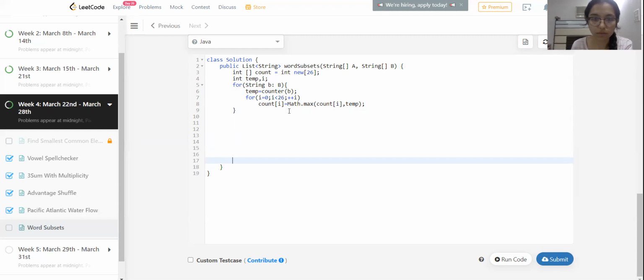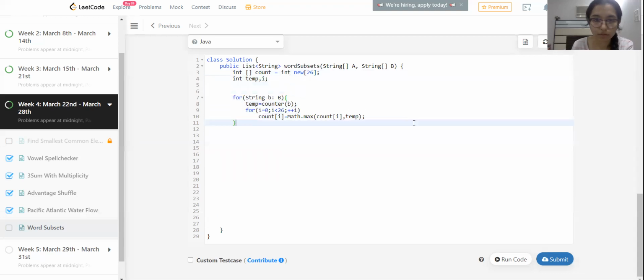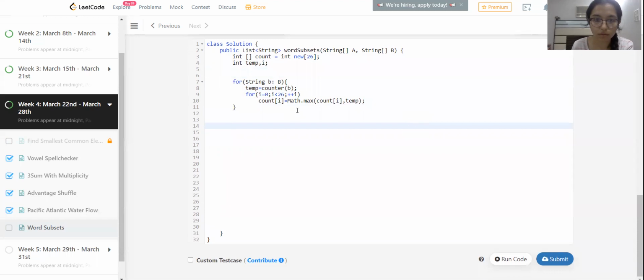Now we'll create a list. Let's give it some space. Okay, now let's make an ArrayList of strings. Let's call this answer equals new ArrayList.